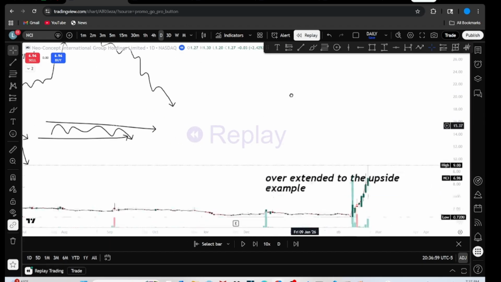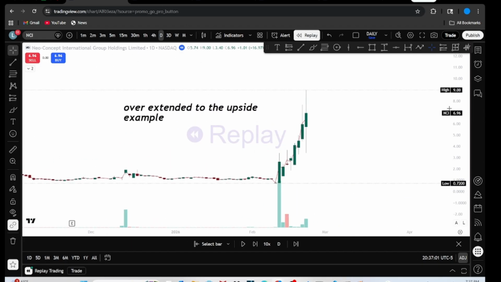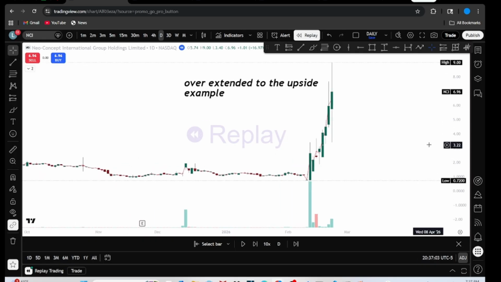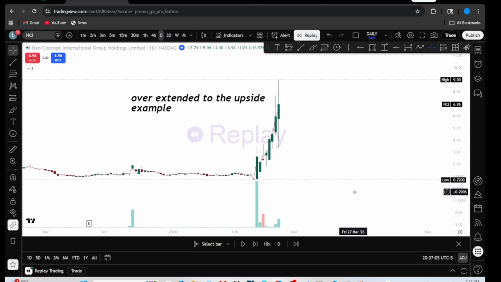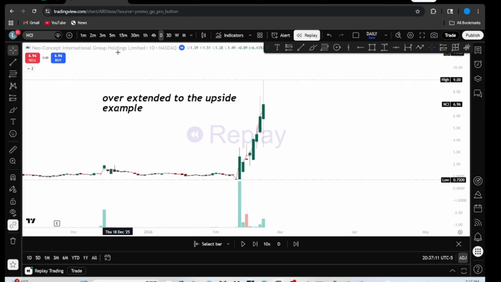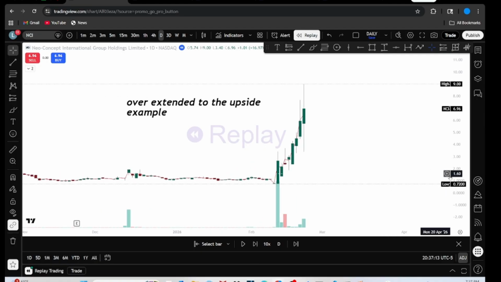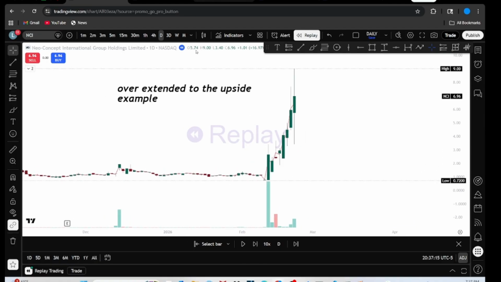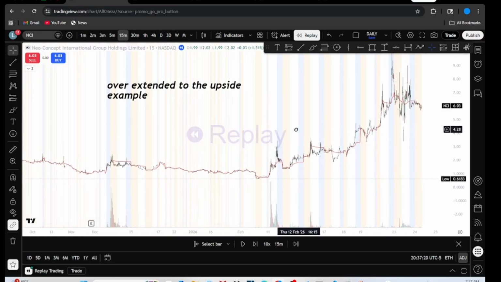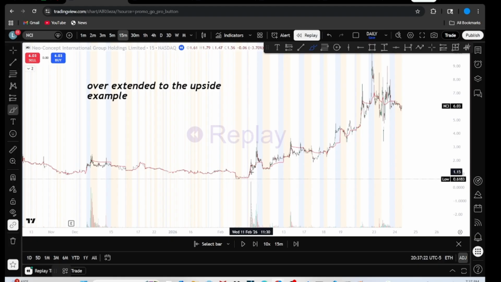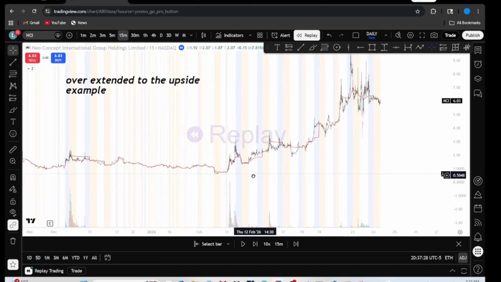So that being said, starting off with NCI, this is an overextended to the upside example. I actually traded this yesterday. I ended up making $6,500 in this symbol. Well, like 6,400, but yeah, just explaining why it's overextended. We can start off here. So if we were to go down to a 15-minute time frame, we see this move just starts igniting down here around $1, right? And so what happens is this thing just grinds up.